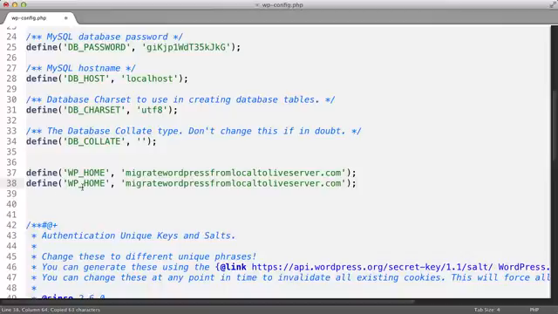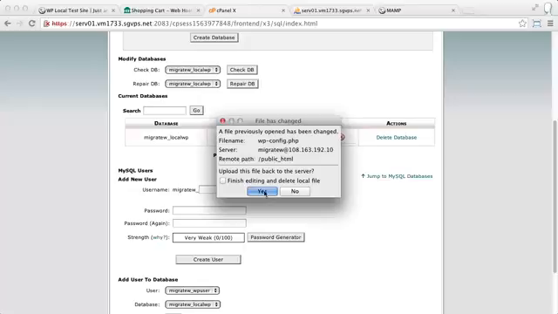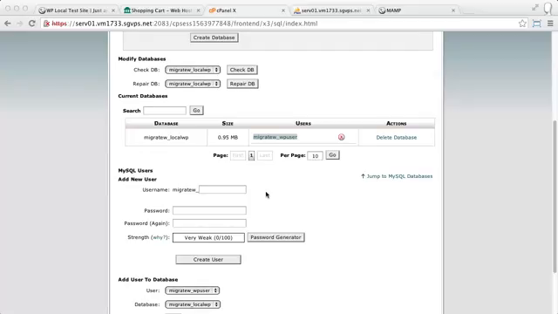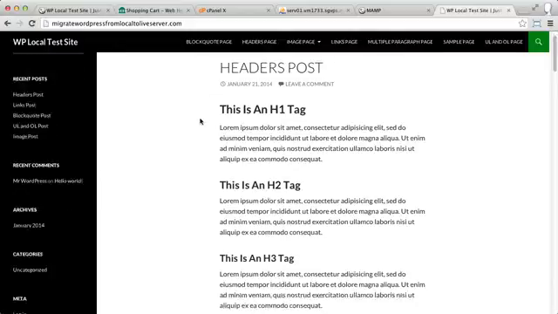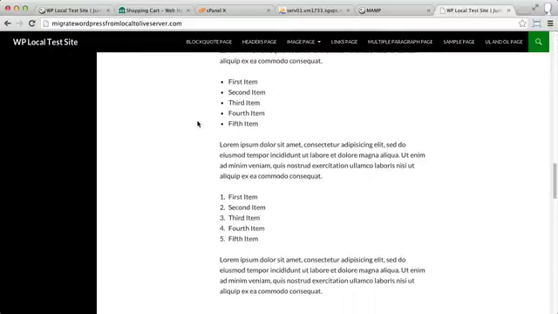We'll then copy this again and change it to read WP site URL. This is a really simple way to help change the URL for your WordPress site while you're migrating it. We'll then close this down and come back to our live site. I could see that it's up and running,